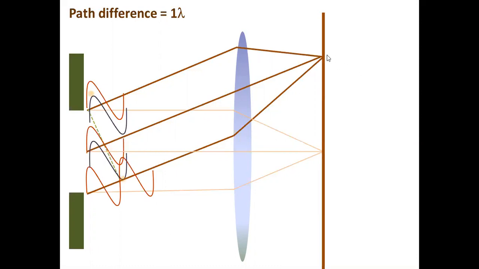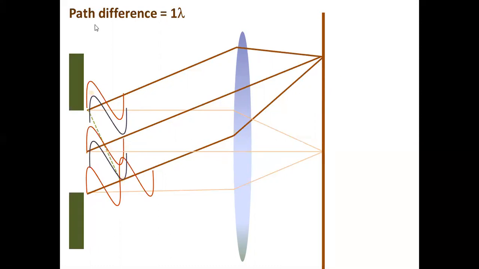If it is 2 lambda, then again it is a dark fringe, because you divide the slit into 4 halves like this. And 1 half here will cancel the next half. 1 half here will cancel the next half. So you are not going to write all these explanations in the exam, okay? You need not worry. Just understand this, how it is happening. But you are going to write only very few sentences about this.